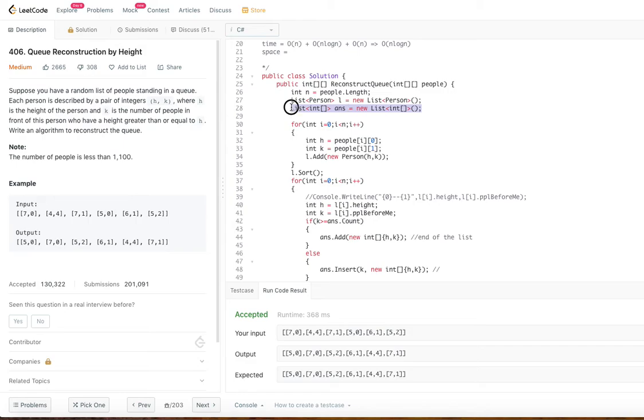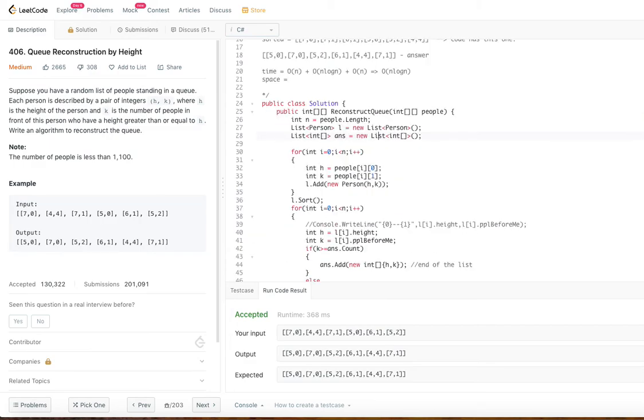So this will be equal to the length of the people that are given. What is the length of the people? N. So here this is a temporary list. So this is order of n, this is order of n, right? So apart from that, are we using any extra space? No. So that means order of n plus order of n. So that will be order of 2n. Since in big O notation we discard the constants, the space complexity will be order of n. So this algorithm is of order of n space and order of n log n time complexity, okay?